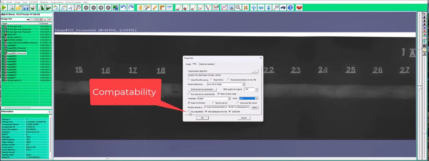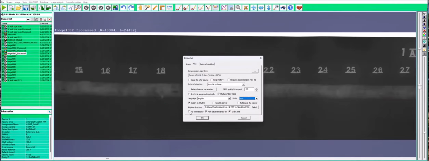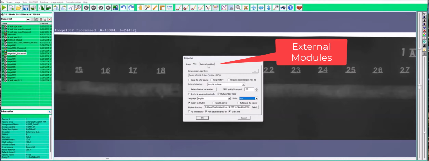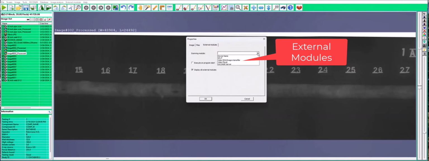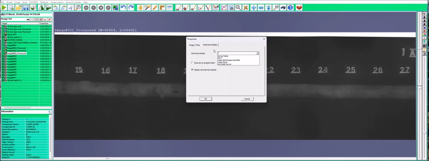Compatibility mode, you can check that. Doesn't matter about making it compatible with other software. It would just be locked to XView. That's why that's unchecked. External modules. This system does not have a lot to choose from because I haven't used it, but external modules is our panels, our CR systems, film digitizers,